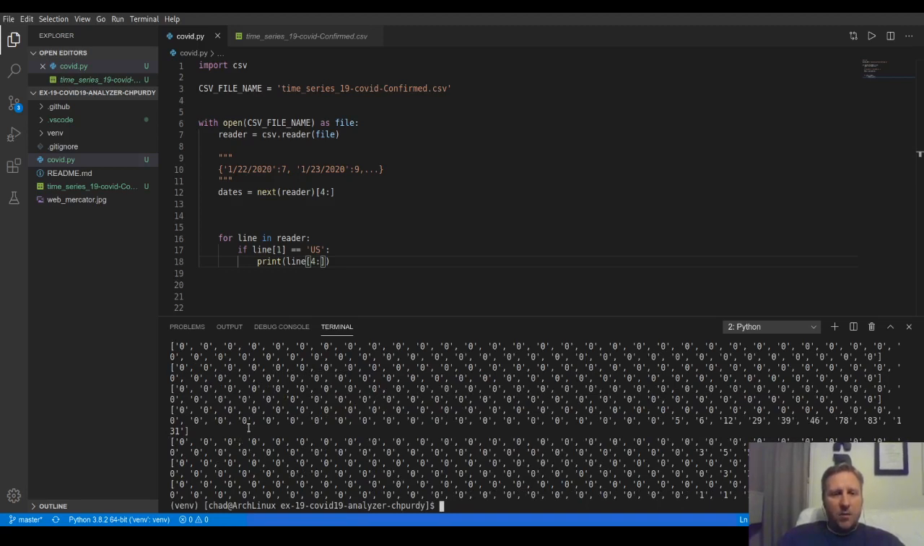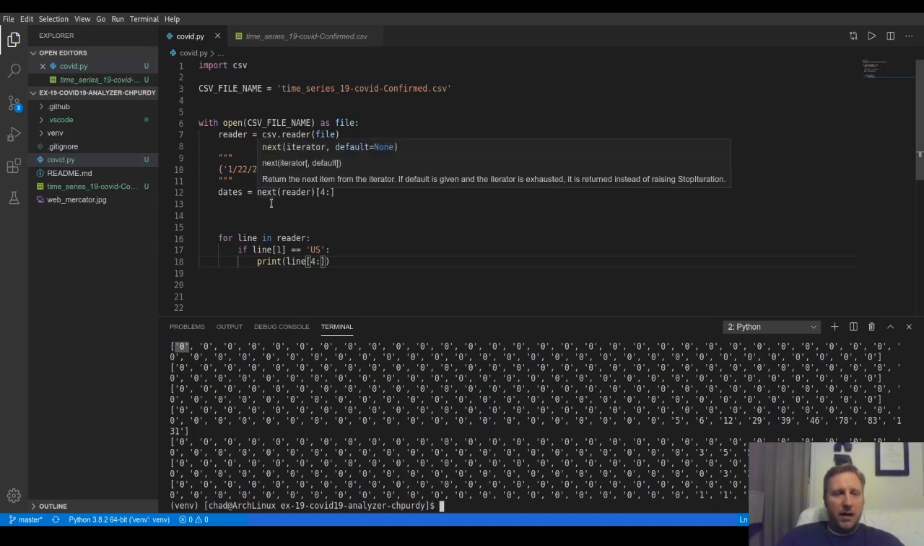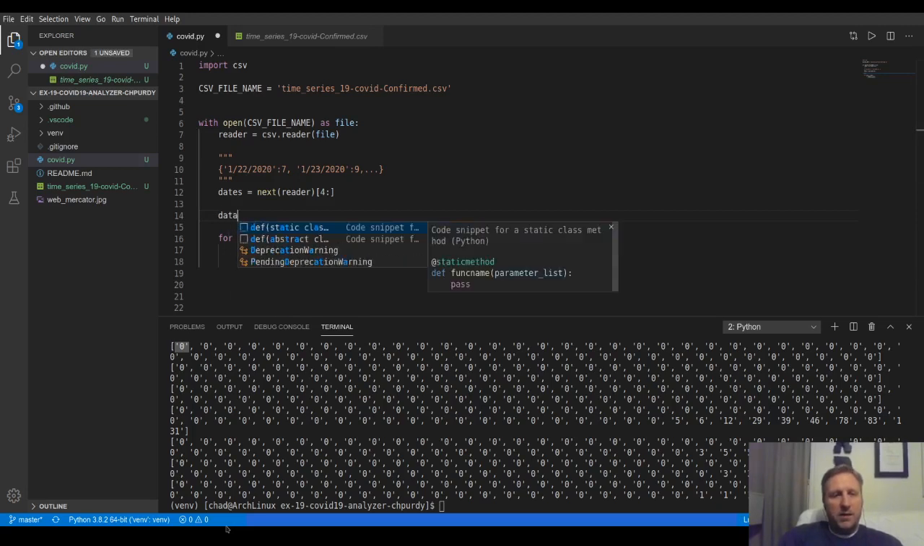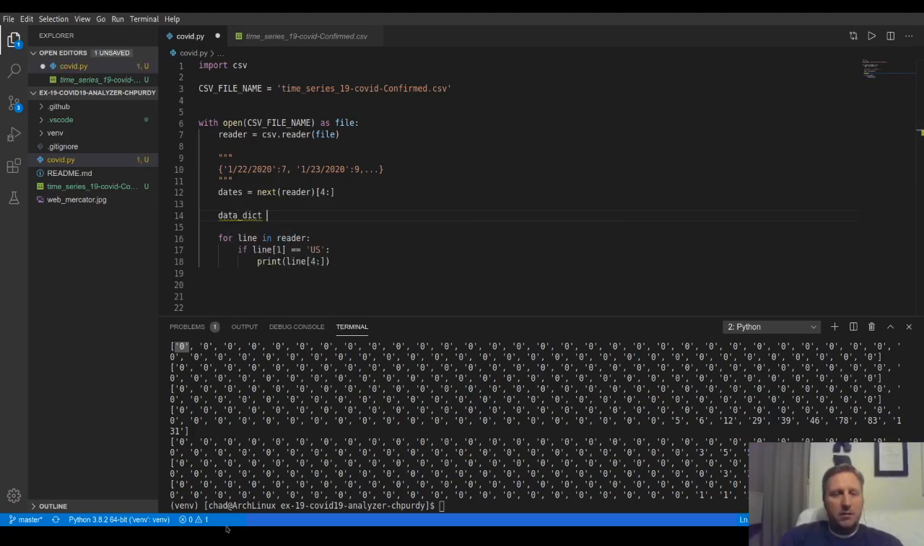And now I think if we just grab the first thing from our dates, that's the key to our dictionary. So I'm going to call this the data dict. It's an empty dictionary, right? Curly braces means empty dictionary. So then what we can do is we should be able to say something like,